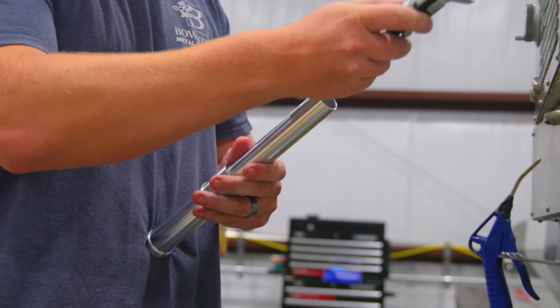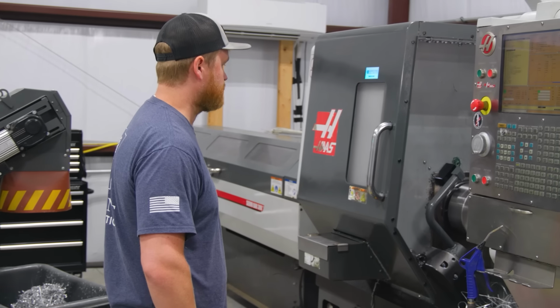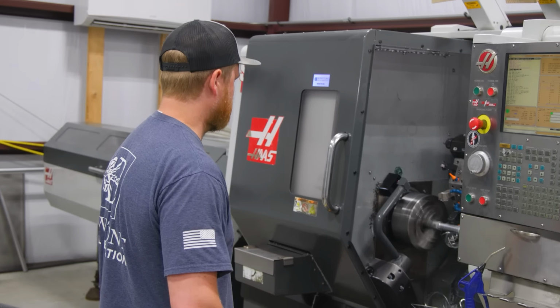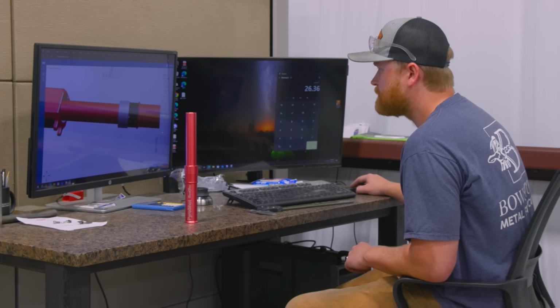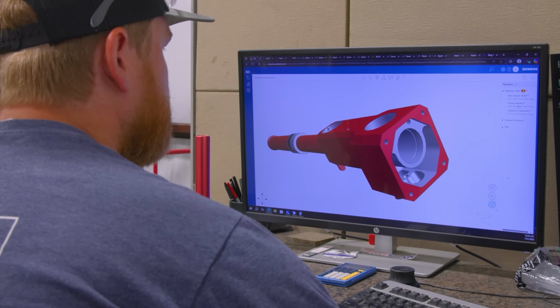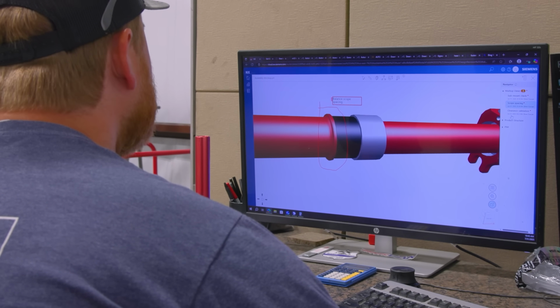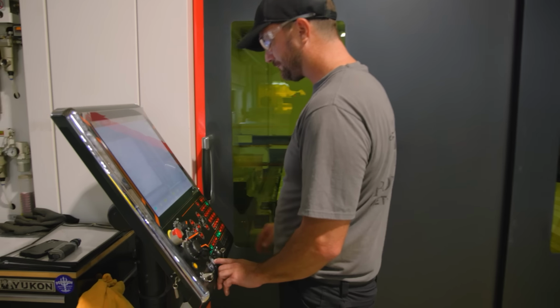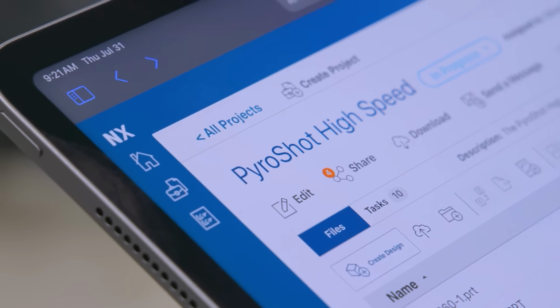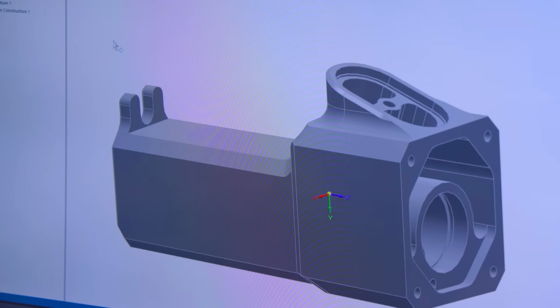Once the customer approves, say, revision 4, we put it in production, and now everybody's able to see the current revision. And that allows us not to waste time and energy and money working to the wrong revision. Maintaining a high-tech environment at Bowstone is our future. And that's what we're striving for. That's what's helping us grow. The Hellfire project allowed everybody to show that this collaboration is working.